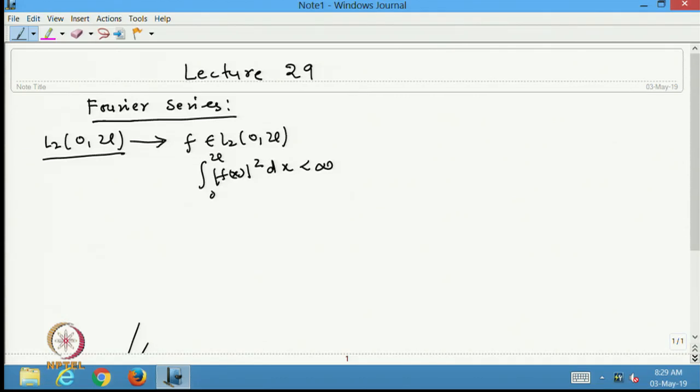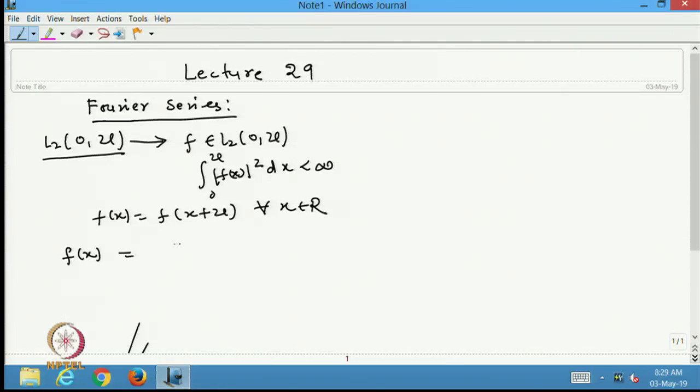Moreover, one more condition which we have written on this space is that a function which belongs to this space is a periodic function of period 2L. All of us know what a periodic function is. It means f of x will be f of x plus 2L for all x belonging to R. Now,